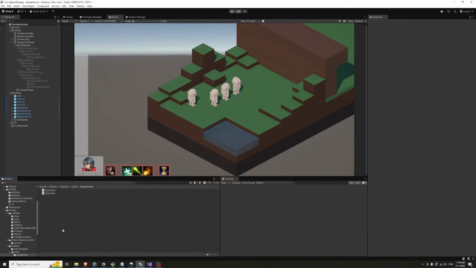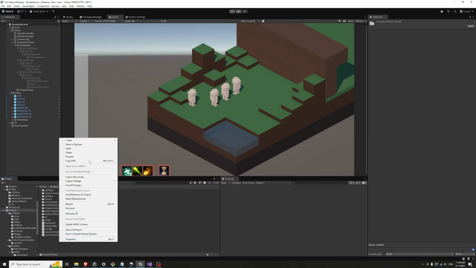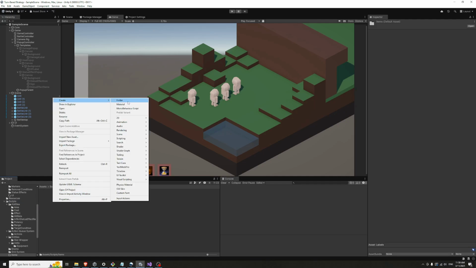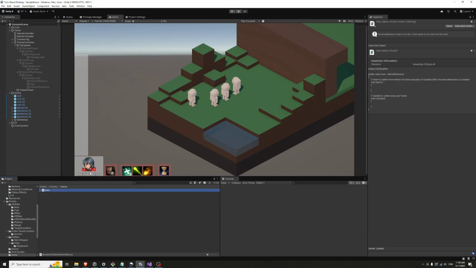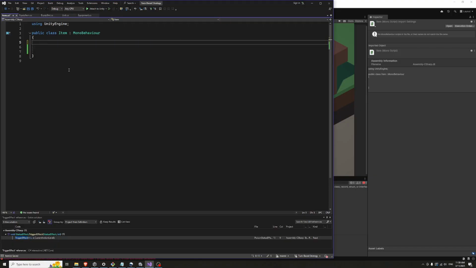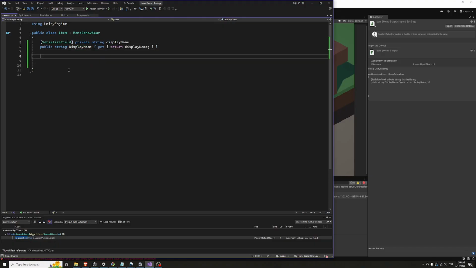Right, let's see. If I was to make items, this would be base item that has some whatever attached to it. Maybe this would be private string display name, and then do the usual string display name. So any commonality would be on here,